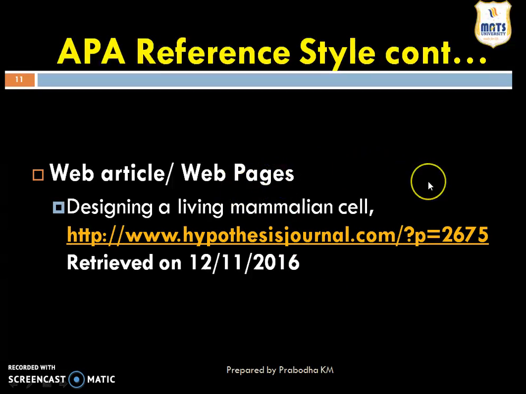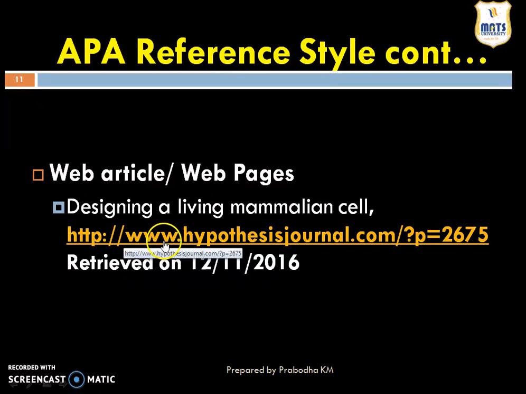And the more important thing is that nowadays most of us are referring to web articles or web pages, and if we are referring to any web article, we have to give the complete web address. Here is an example. Suppose I have referred an article that is Designing a Living Mammalian Cell, and if I have to give listing of this reference, I have to put its complete web address.